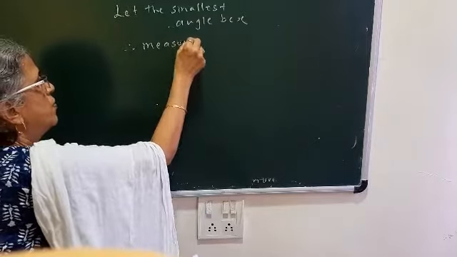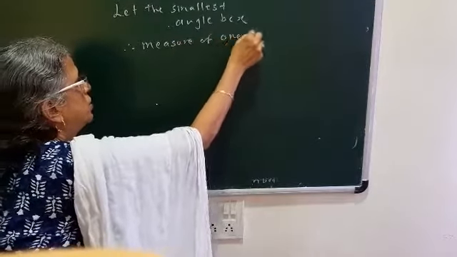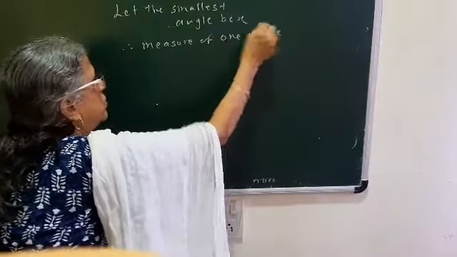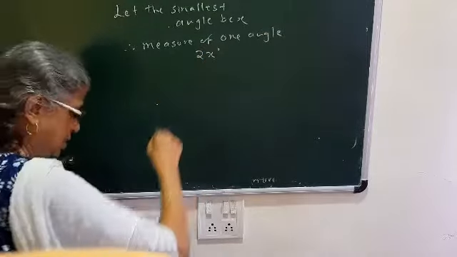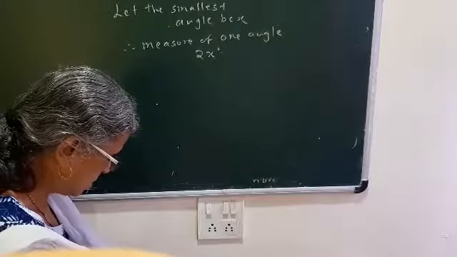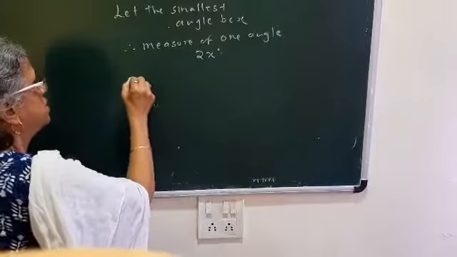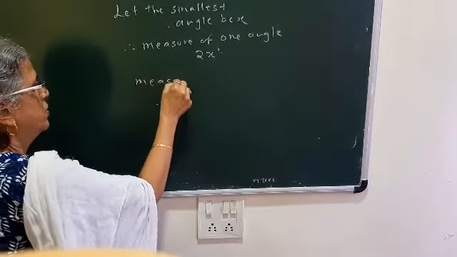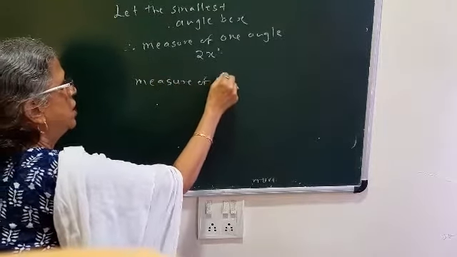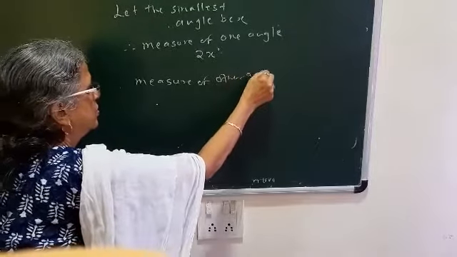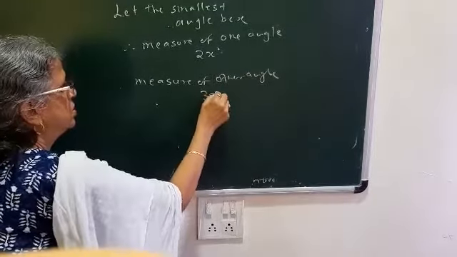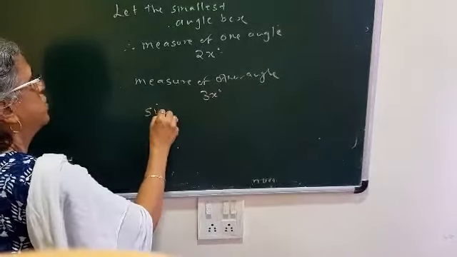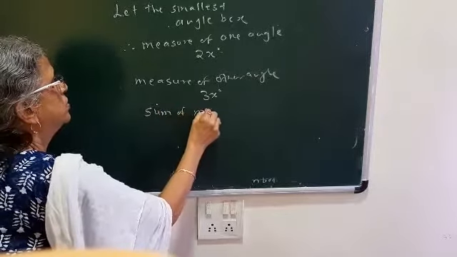And the measure of the other angle is thrice, 3x. Again, sum of measures of angles of a triangle,